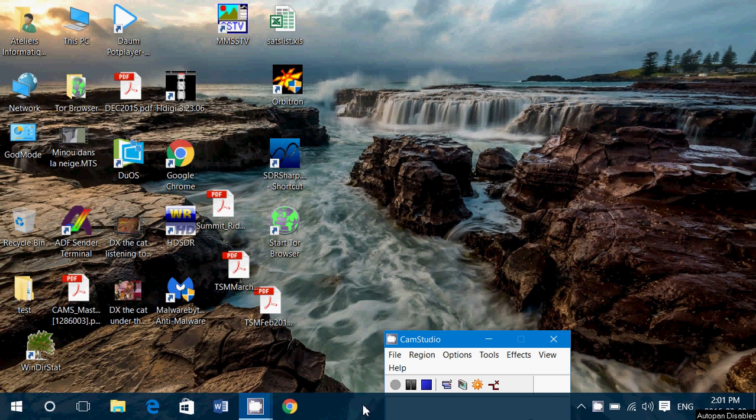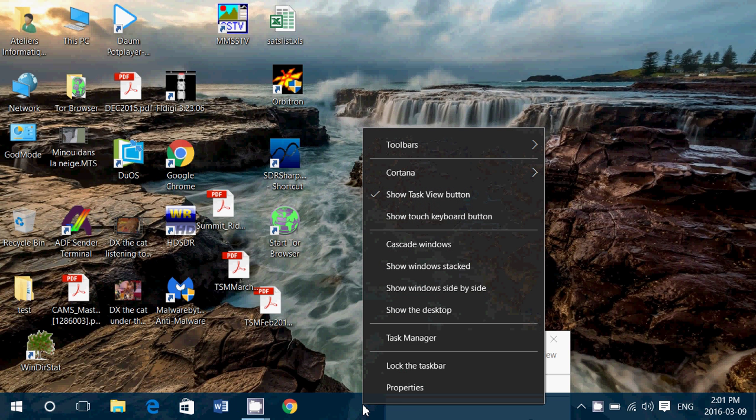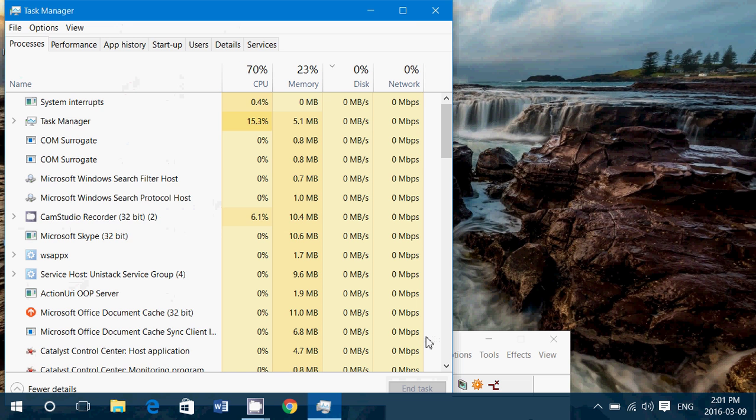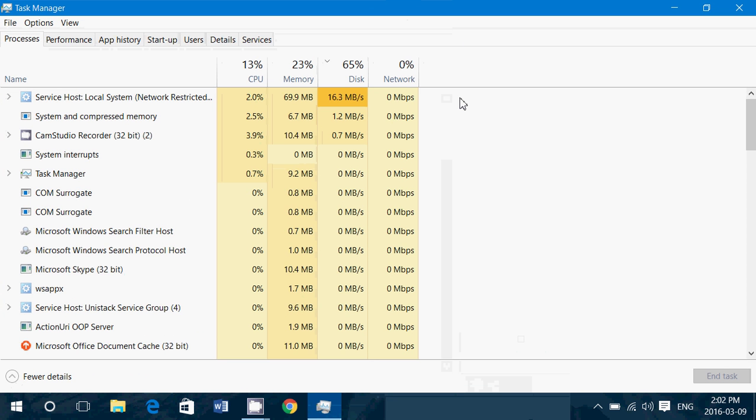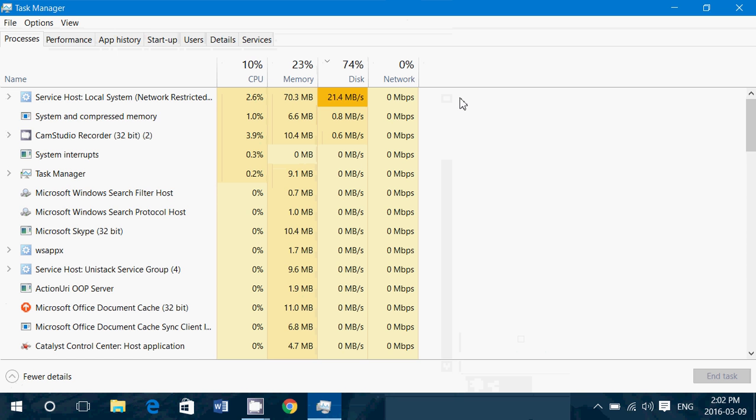Simply right click on your taskbar at the bottom of Windows, whatever version, 7, 8.1 or 10. The 8 and 10 versions are a little different. They have new ways of showing things, but Task Manager closely resembles. Click Task Manager, and here you'll see the usage of your computer in general. What you can do is simply go on the Performance tab at the top of your window, and here you'll